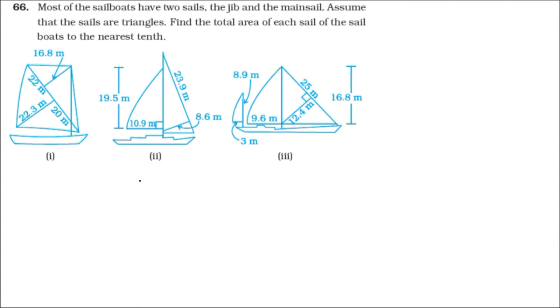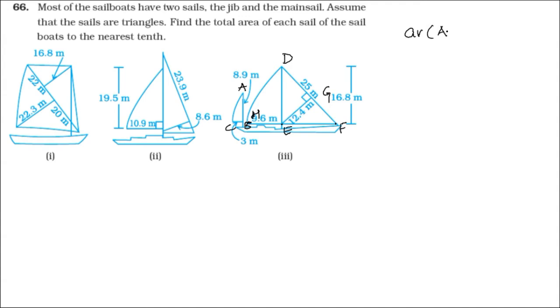Let's look at sailboat 3. If you observe carefully, there are three different triangles given here. One is this triangle. Let me name this triangle as ABC. And this triangle, let's name this as D. This point as E. This is our F, G, and this point is left out. Let's call this as H. So here three triangles are there.